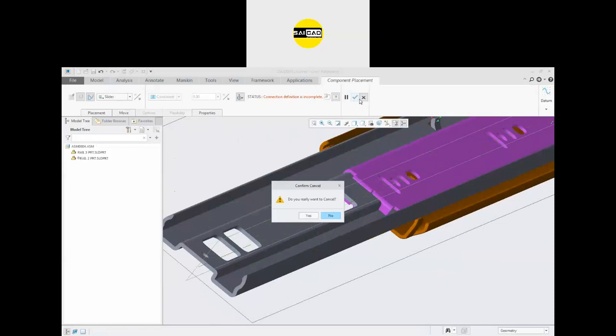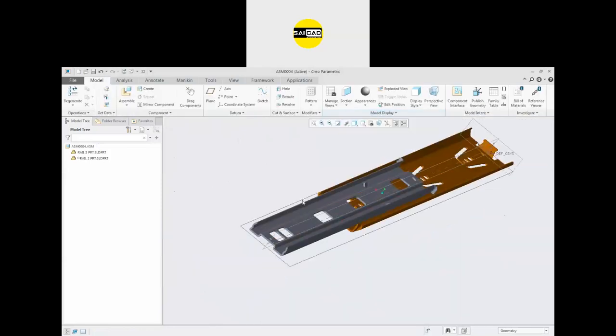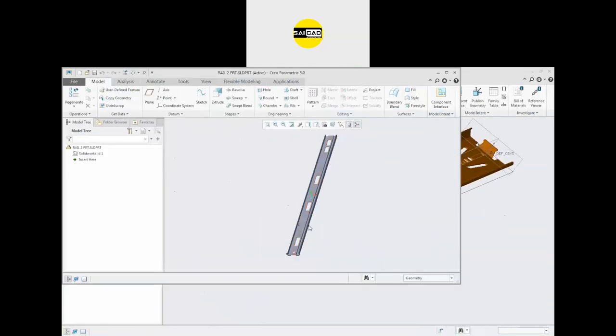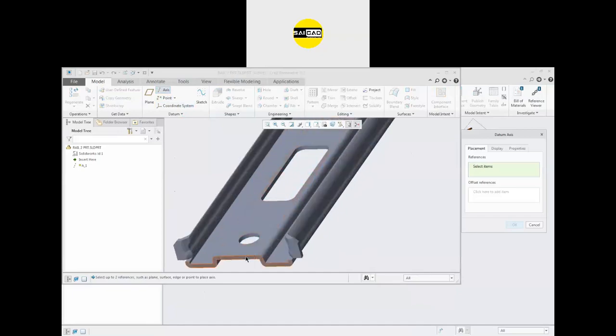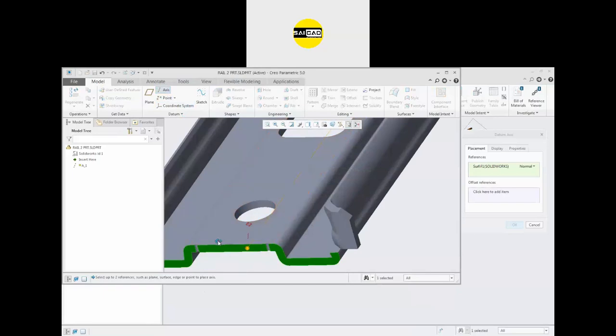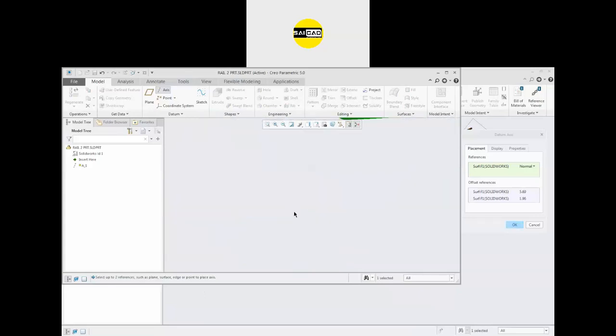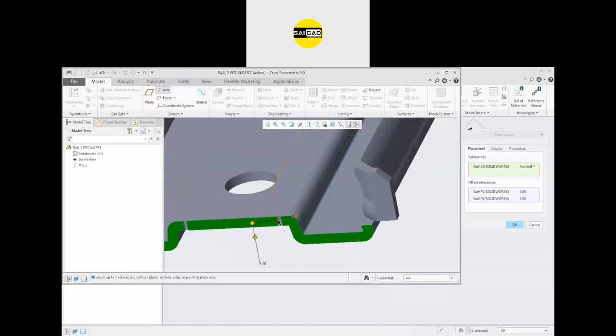To do that, just open the component, define an axis here, go to the axis, select the space where you need it, select the distances, where you need it, like that. I need this one to be around 8,